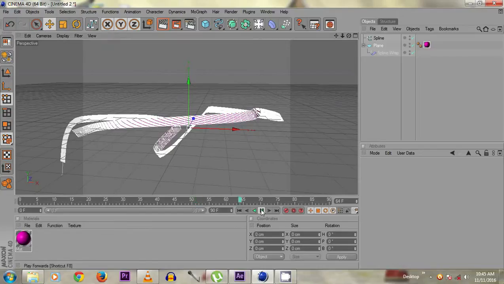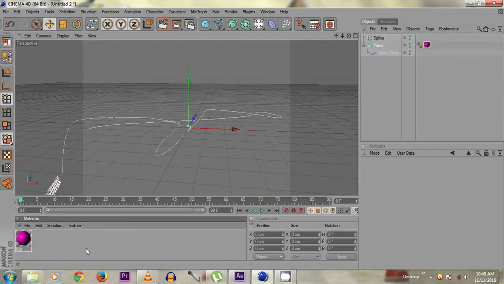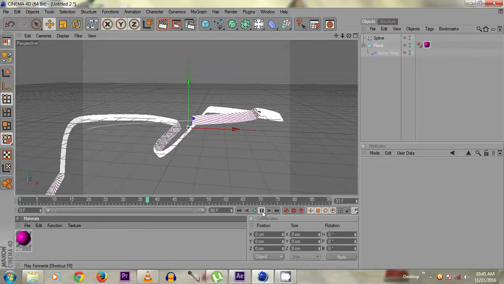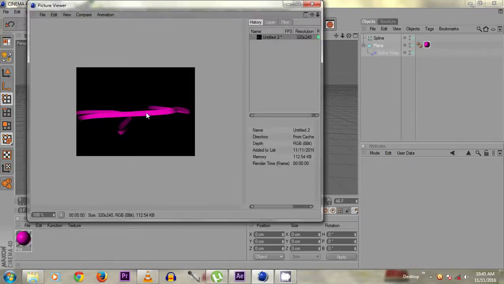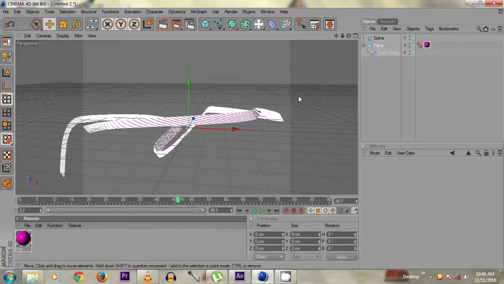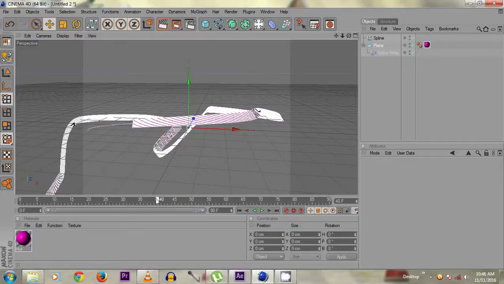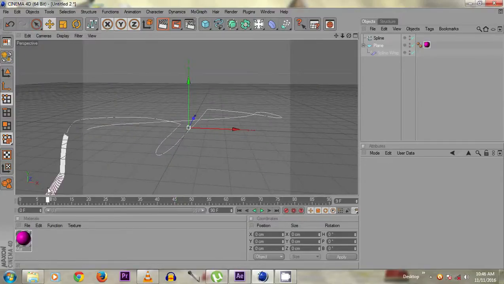Now we have a plane. Ribbon like structure is when we render it. That's it. It is the animation.